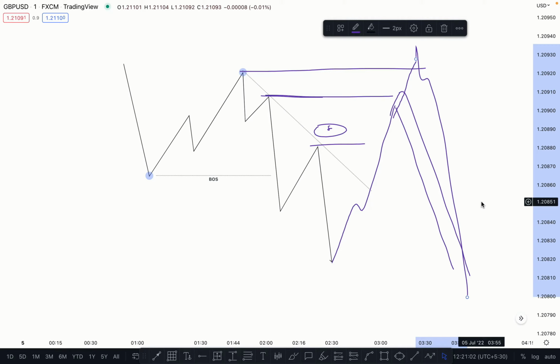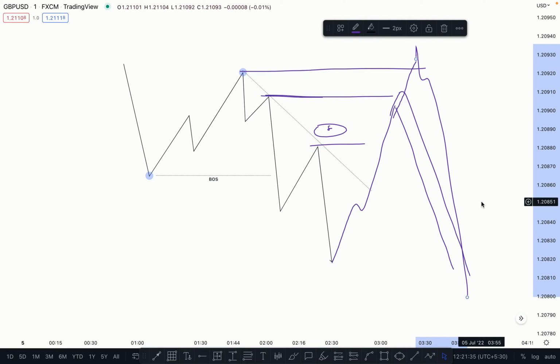First mark the correct structure, then identify where the liquidity is, wait for the liquidity sweep, and then look for a setup to buy or sell. Then you will get a high quality setup. Don't focus on multiple things, focus on the main thing: structure and liquidity. I don't believe in giving you unnecessary lectures of 12 or 13 hours. I believe in giving you quality content which you actually need to know.